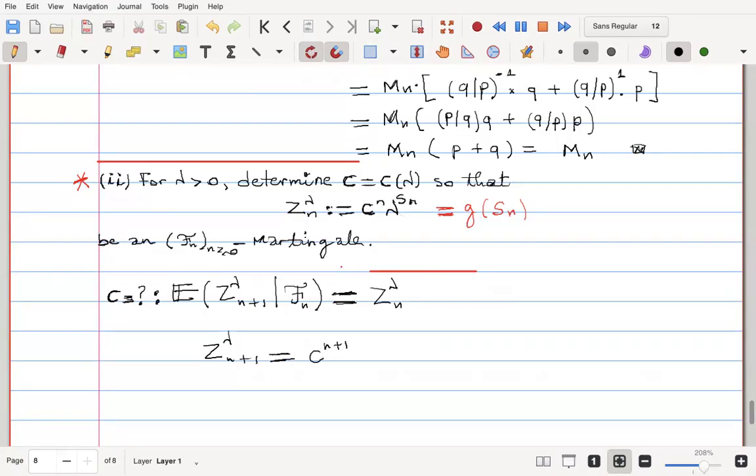So everywhere I see n, I replace with n plus 1. Lambda S n plus 1. We know already what S n plus 1 represents. So this is C n plus 1. This will be lambda S n into lambda psi n plus 1. So if we group these two together, you can see that the definition of lambda is this. And this C n plus 1,